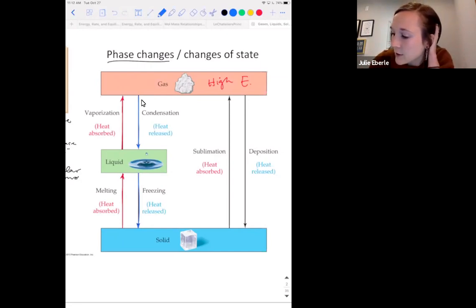However, on the other side of the figure over here, if we draw an arrow straight down, there are processes that take us directly between gases and solids. We're less familiar with these processes, but they are there. We call this deposition: taking a gas and making it go directly to a solid, skipping the liquid state. You're releasing a ton of heat here. You might be more familiar with solid to gas. We call that sublimation.